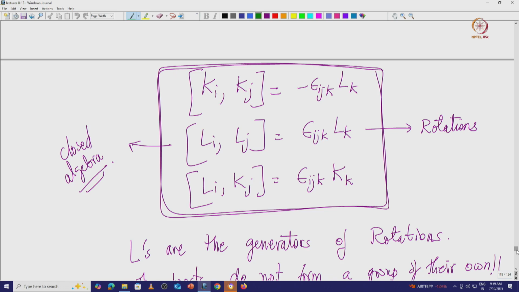It would be nice if we can play around with these commutation relations, take examples, start with one particular case: take, for example, a rotation in the xy direction and a boost in the z direction, and then see what happens to the boost. This would be an extremely nice exercise. This should be equivalent to a boost in another direction essentially. So, it would be really nice if you can verify this on your own.